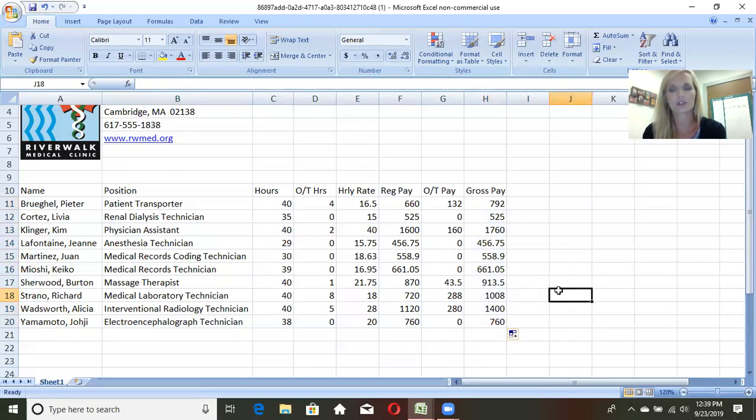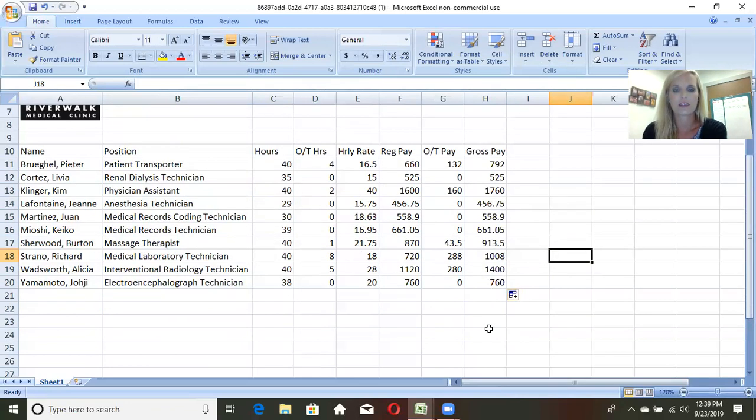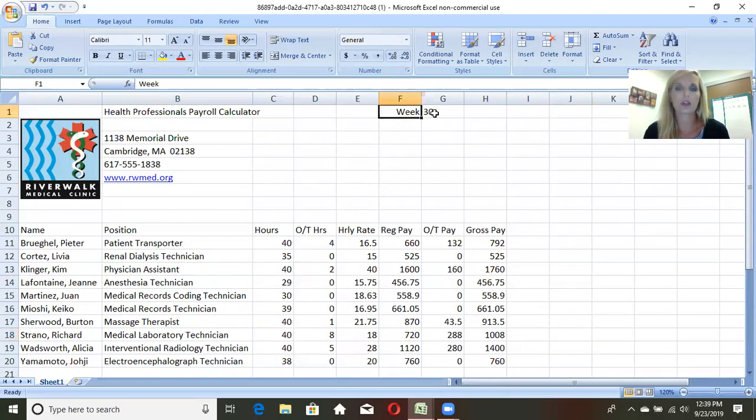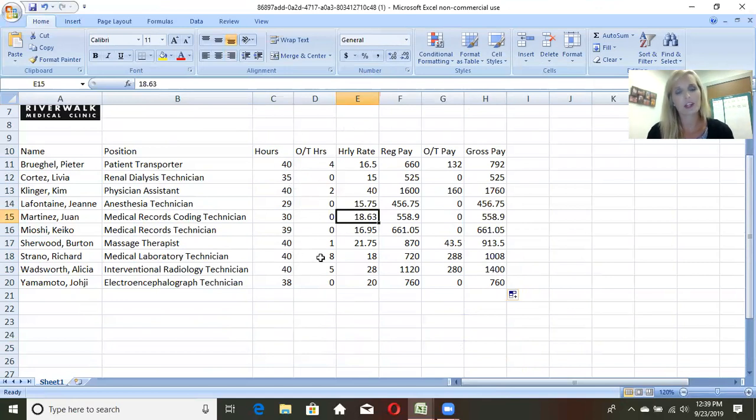All right, and those numbers should look something like that, as you guys are seeing here. And so once again, that helps us as we can change any numbers, if we change the hours. For next week, right now we're looking at week 30 for this particular company. But next week, when it's week 31, those hours might fluctuate. So I can use the same spreadsheet here to see, okay, well, let's say that Juan Martinez, if